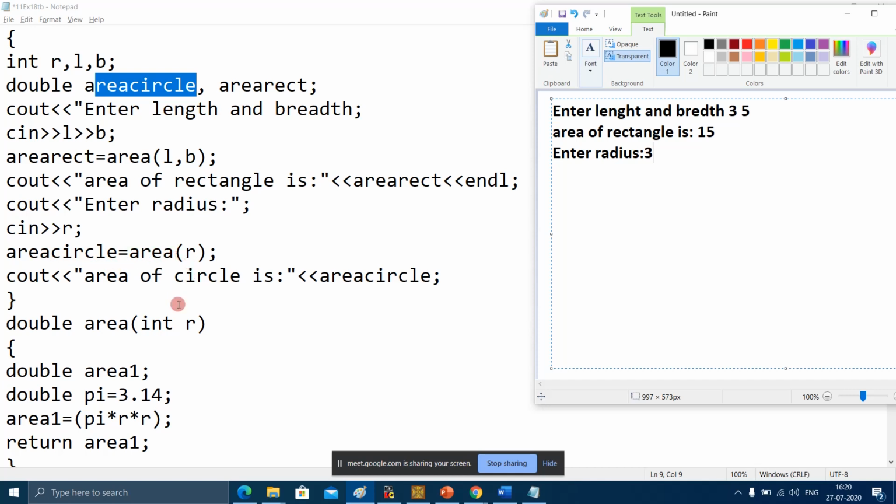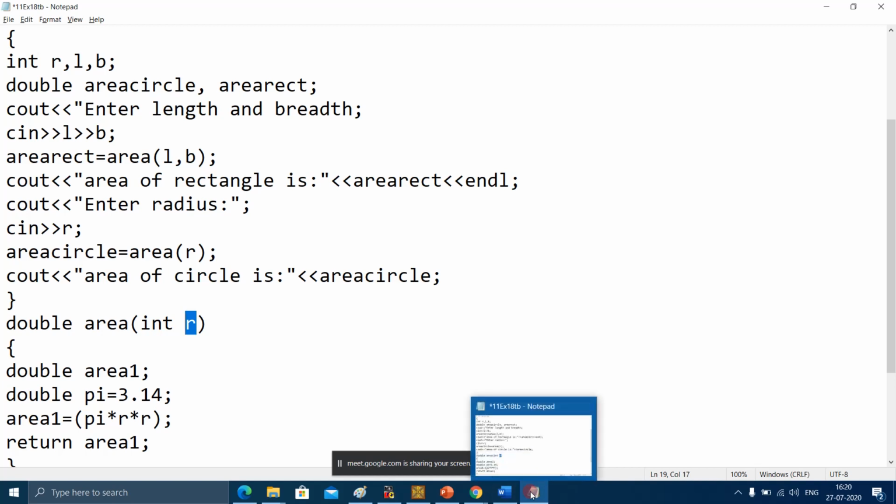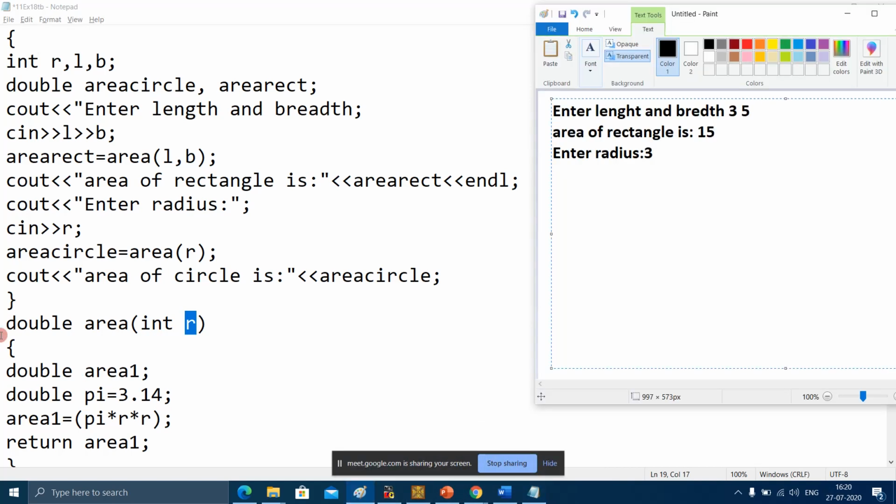So which function is it calling? This function. Okay, because one parameter is there, and r is what? An integer value, and this variable is also an integer value. It's not necessary that you declare this as r. You can take any variable. Okay, then if this is calling this function, whatever is there in this function will first get executed and then it will be back to the main function.